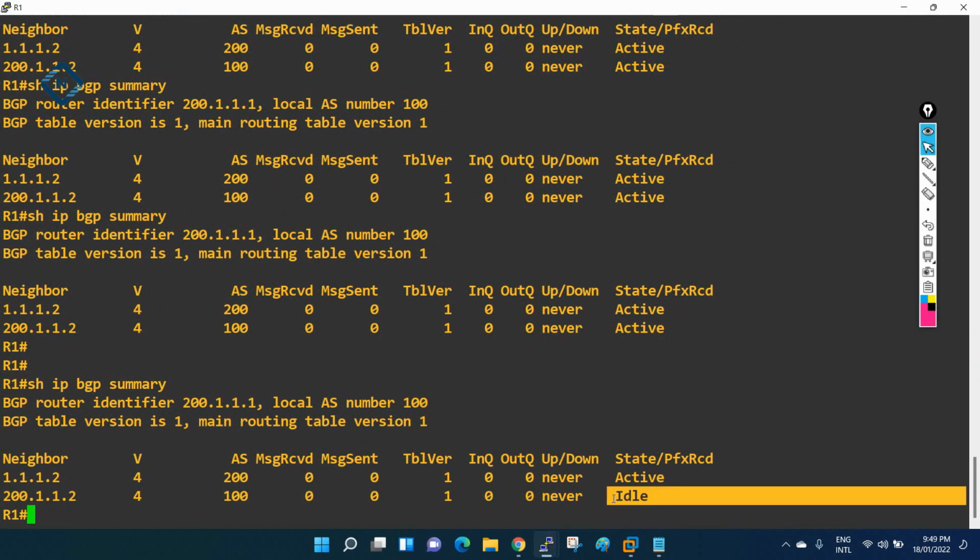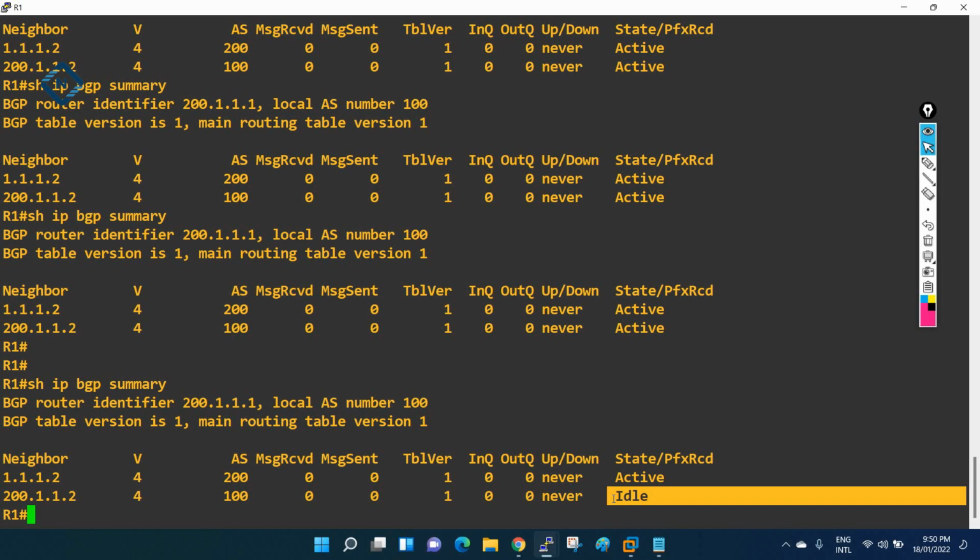You need to remember, because in the real scenario in our organization we face these types of issues. This one we are calling BGP troubleshooting. In the real scenario we are seeing that the state is active, the state is idle. So we need to remember, an easy way, just remember: whenever you have active, we have an issue. Whenever you have idle, we have an issue there. So how can we differentiate this idle and active, and how can we fix that one?